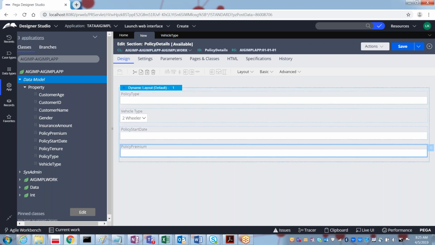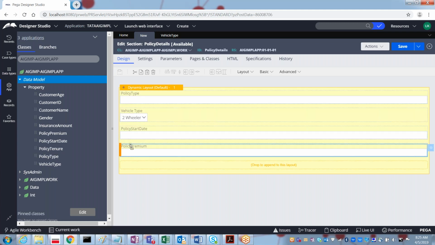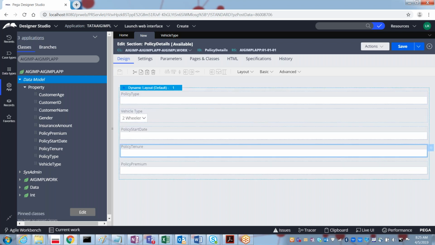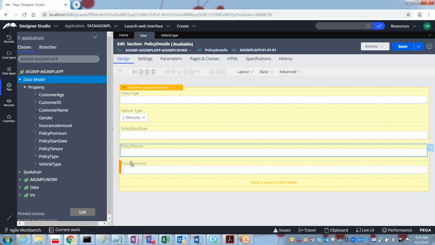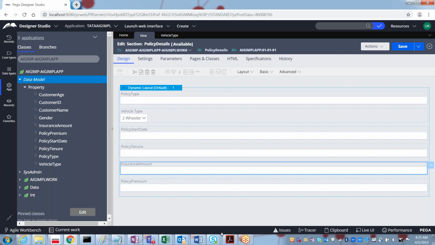After the policy premium, what else? Policy tenure. So policy tenure, policy premium. What else did we miss? Start date, tenure, premium, and then insurance amount, like this. Now I have all the 6 properties.